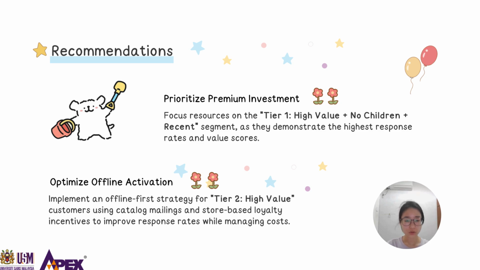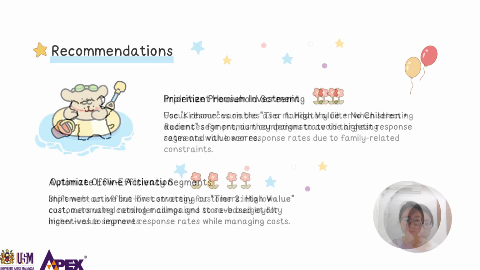First, concentrate premium campaign spend on 102 priority target customers, high-value customers who have already responded to a campaign, using personalized catalog mailings and in-store activations. Second, convert the 141 potential target customers through offline-first approaches. Remove them from digital retargeting and use direct catalog and in-store incentives instead. Third,